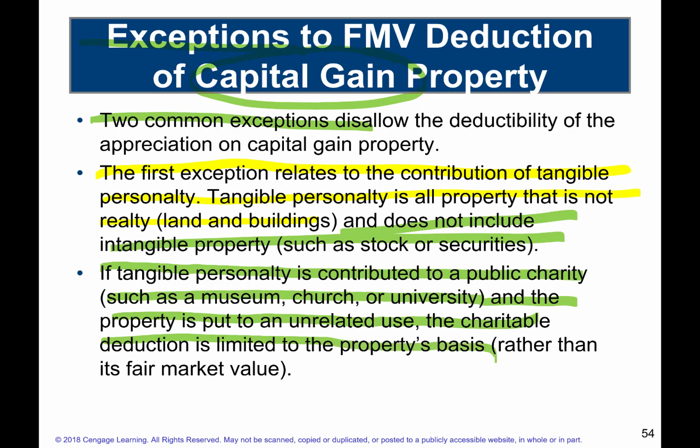So now you go and you give a painting, is what we're going to see as the example in a minute, and you give it to something to help the animals, let's say. Well, how are they going to use a painting to help animals, right? What's going to happen is they're going to sell the painting and then use the proceeds to do whatever it is the not-for-profit does, help animals find a home or something. Well, that's going to be considered an unrelated use, and they're going to limit your deduction to the basis as opposed to the fair value of the capital gain property that's been donated.